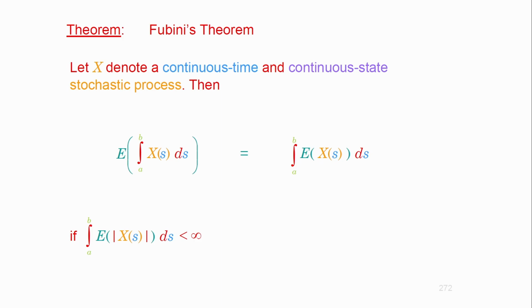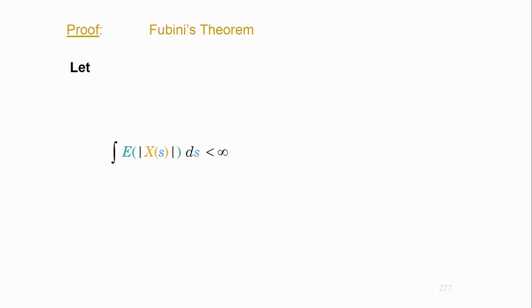Now, since this theorem is so important to address the existence of stochastic integrals, I will need to prove it. So that is basically going to be the next part. Let's say you got a partition already, because again, we need to have a partition. This is a Riemann integral that we're going to talk about.